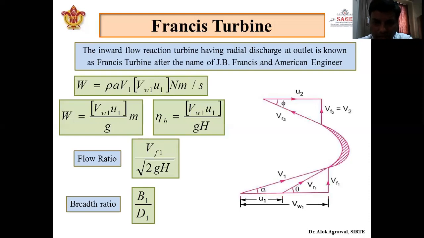Even the velocity triangle is the same as we have already seen in case of radial flow reaction turbine. Inlet triangle will be like this: U1, V1, Vr1, Vw1. Tangential component of V1 is Vw1. Axial component is Vf1. Alpha is the inlet jet angle. Theta is the inlet blade angle. And as the discharge is radial at outlet, beta will be 90 degree and Vw2 will be 0. So this outlet velocity triangle will be a simple triangle only, which has no beta and Vw2. So the velocity triangle is the same.